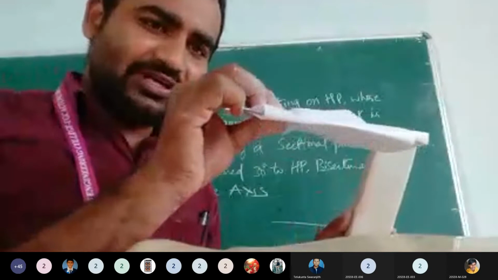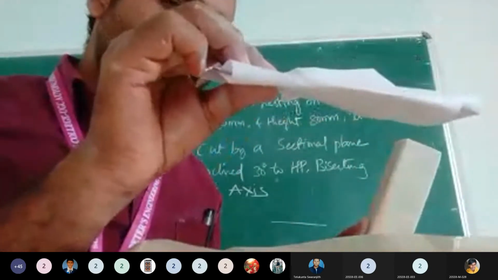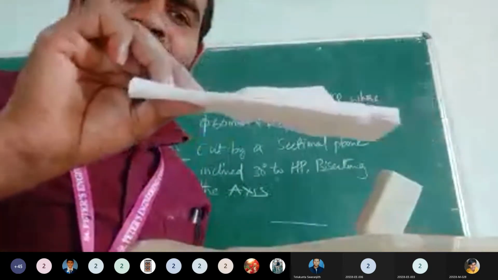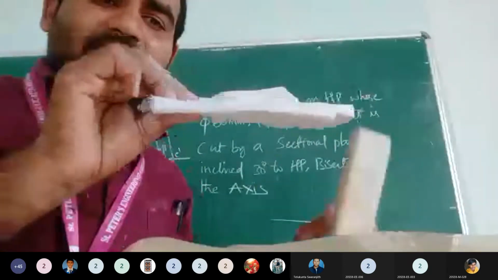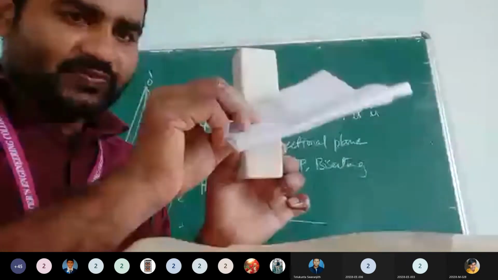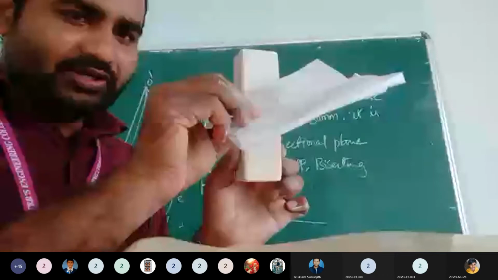Okay. See, when you are observing here from the front view, it is looking like a single line, yes or no? But when you are looking from the top view, it will be a square. This is your square plane. But when you are looking in the front view, it will be looking like just a single line. Now I want to cut this one plane like this. I want to cut like this. Okay. When you are cutting a cone like this, what happens? So you can see directly.